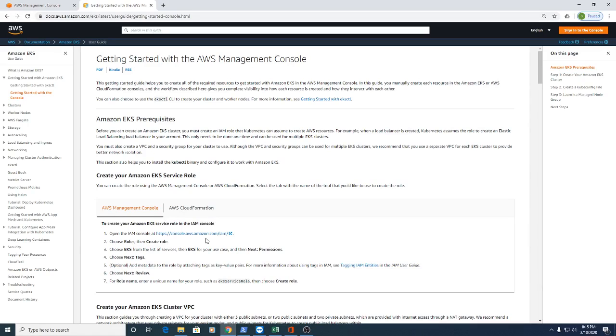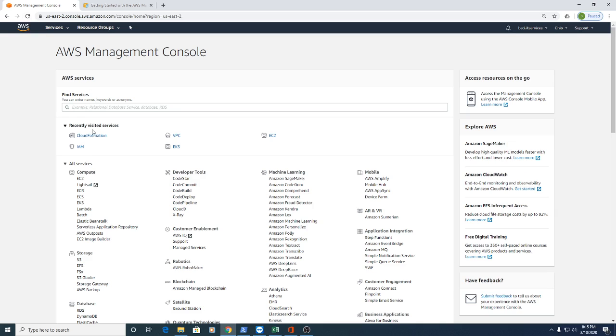Hi, today we will create a startup environment with AWS EKS. So the first step is we will create an EKS IAM role for the EKS service. For this one, open your AWS account in the IAM